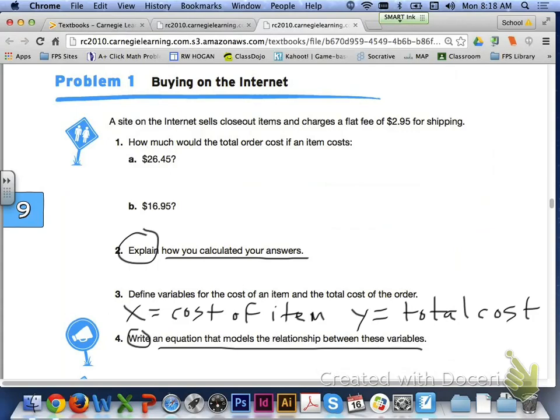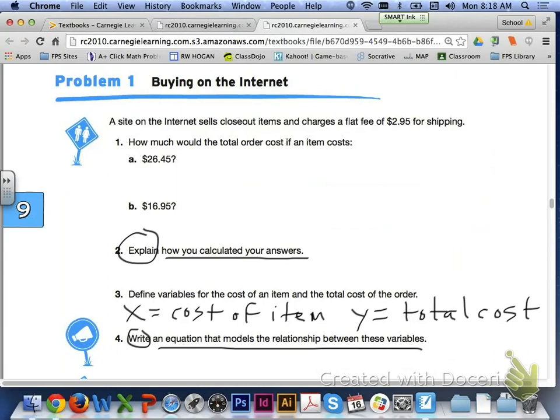Let's take a look at problem 1 on page 636. The problem situation tells us that a site on the internet sells closeout items and charges a flat fee of $2.95 for shipping. So to get started today, what I would like you to do is answer questions 1 through 4 on page 636. Number 1 says, how much would the total order cost if an item cost